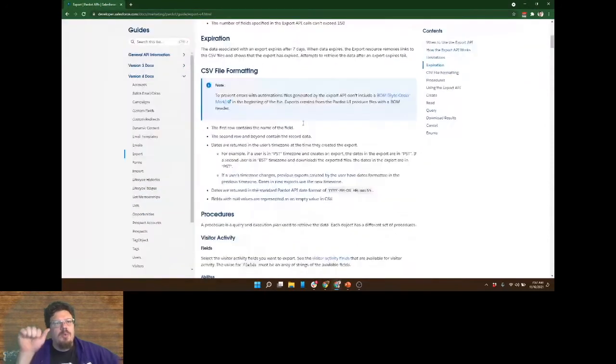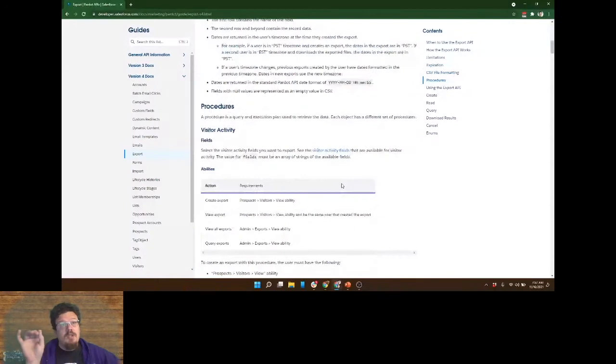You create an export, you then turn the export on and run the export, and then you go back and check to see if the export's done, because the export can take 10-15 minutes. I've had exports take over 24 hours when I'm trying to export a large amount of data. And you basically periodically go back and check the export. And once the export's done, it tells you that it's been complete.